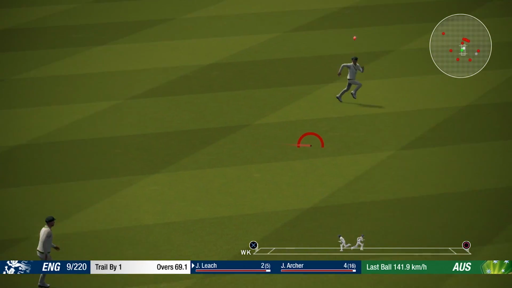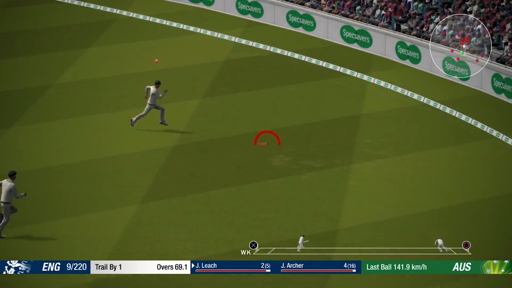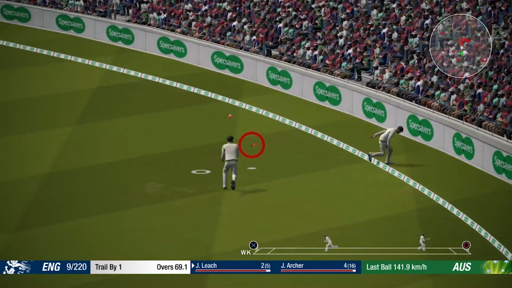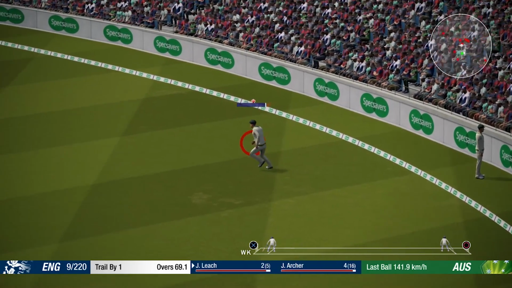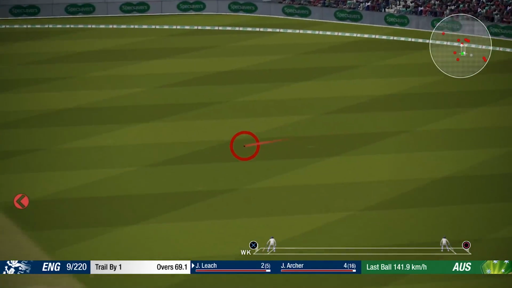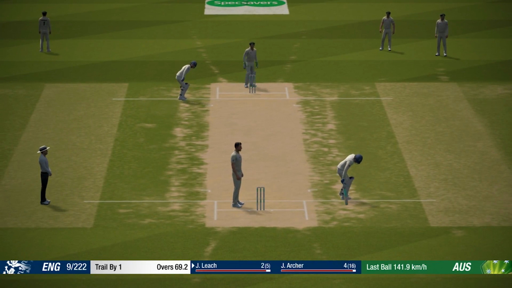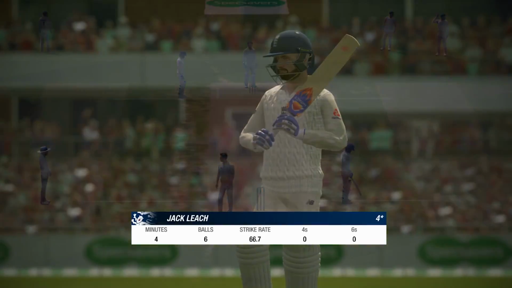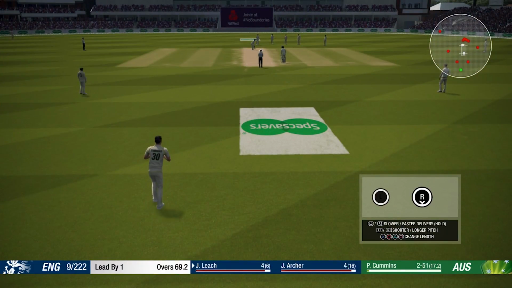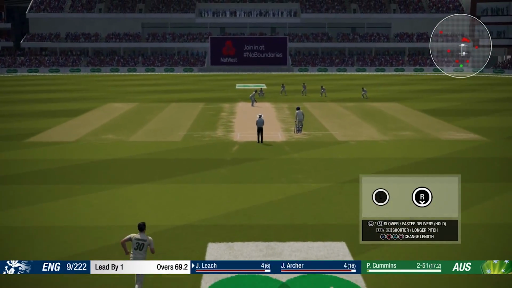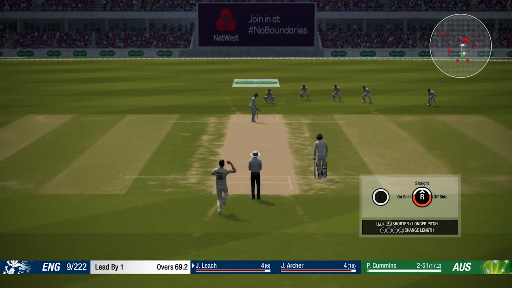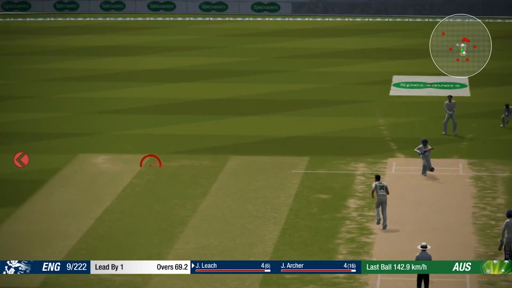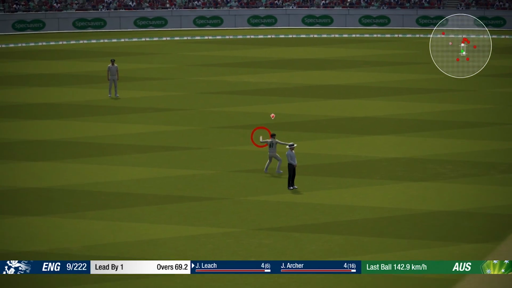And of course, the cover drive there from Jack Leach. Is it going to the boundary? No, Australia will save it. But it is enough to give England the lead. They lead it now by 3 runs or 2 runs. So they have got the lead. Yeah, or they lead by 1. They only ran 2 then. It's sort of strange. I thought they ran more than that. But so far, England, they've forced Australia to bat again.